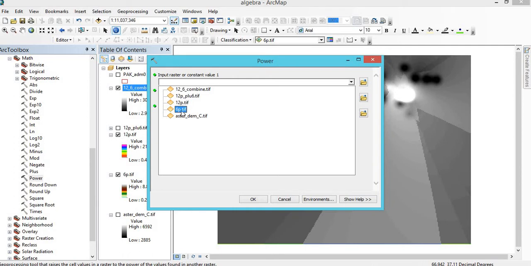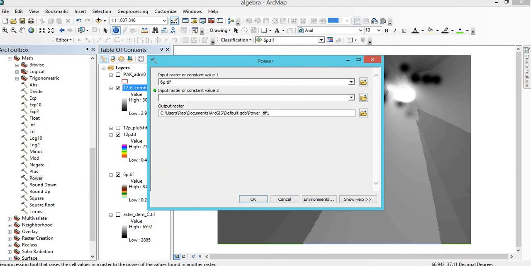So if you want to get x square, then you have to go to 6p and you will go to square. So it will be considered as x square.